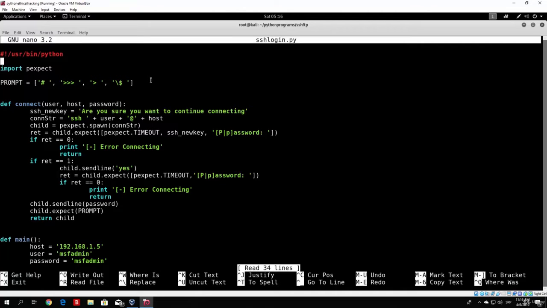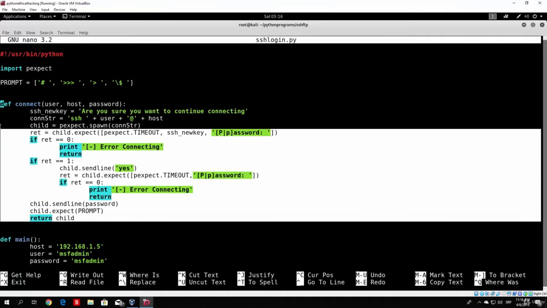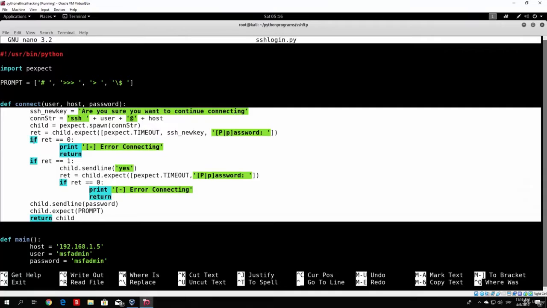So let us navigate to our Python programs, SSH FTP. There I have my SSH login.py. Now let me just zoom this in so you can see everything better. Okay, let's nano SSH login.py. All we have to do right now, since in the previous video we coded the connect function, which should successfully connect to the target,